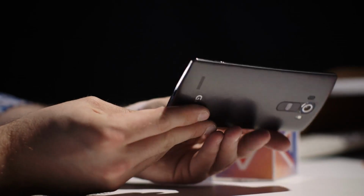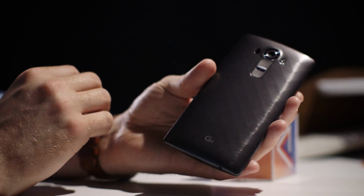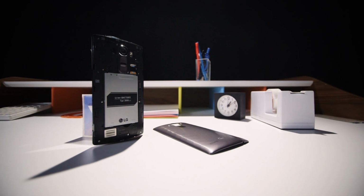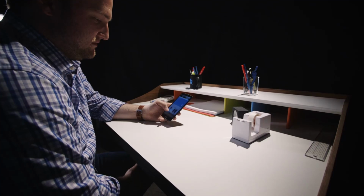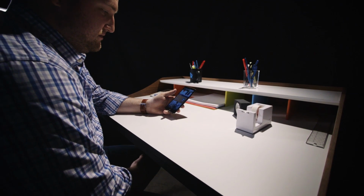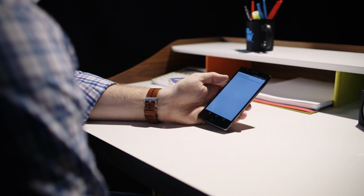The G4 has nearly the same level of experience as Samsung's Galaxy S6, but it offers things like a removable battery and microSD card support, both of which are missing from Samsung's phones this year. If you want something different than Samsung, or you're just looking for those specific features, the G4 is a great